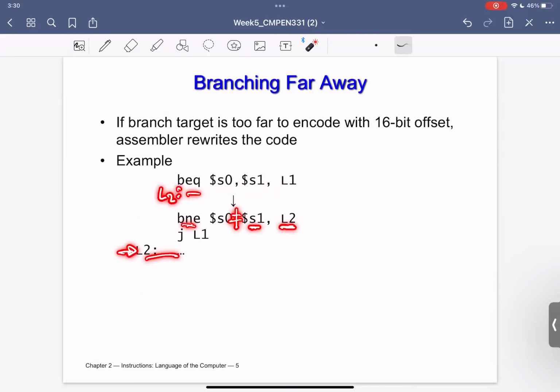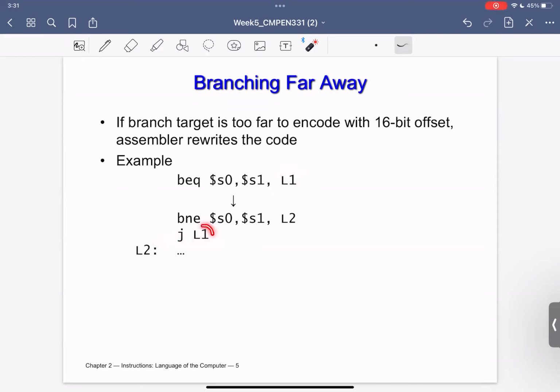Suppose that L2 here is here. This is just the next instruction. Of course, I don't have to have it as an L2 here, since it's just by default to go to the next instruction to be executed. So if they are not equal, which means that this is not satisfied, please just go to the next instruction to be executed. In this particular case, it's just L2 here. But if they are equal, I will go to the next instruction to be executed. And what is the next instruction to be executed? Jump to that particular address, which basically I am targeting.